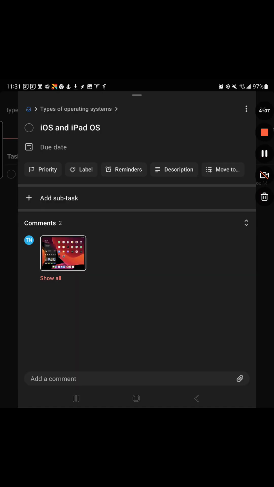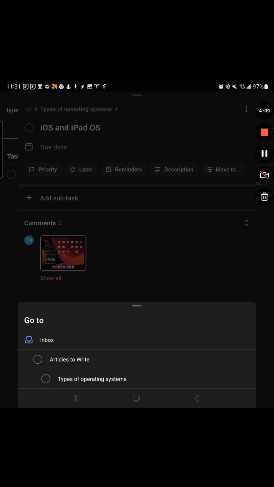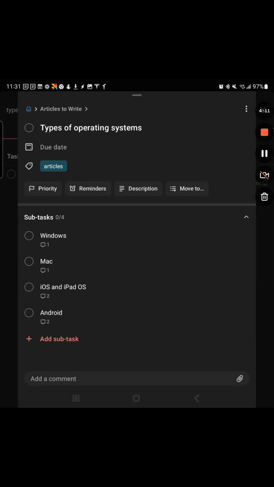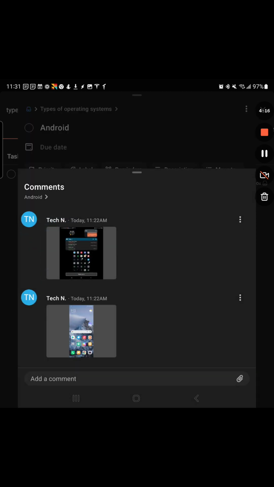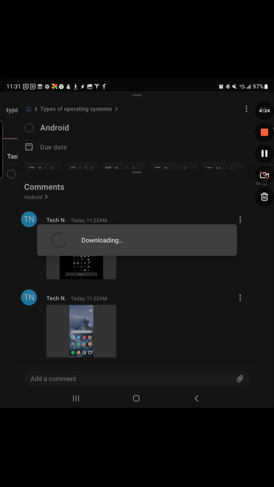And without further ado, we come back to types of operating systems, and the last one is Android, which is what I am running on and recording this on. Android has a bunch of different flavors. The base is almost always the same background, but you could have different levels of settings. So for example, my home screen